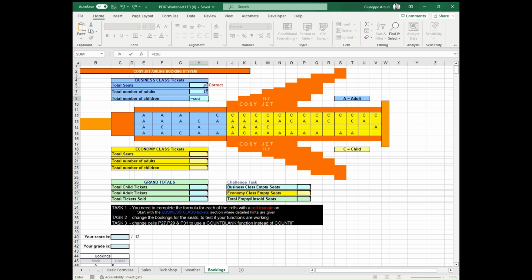Equal COUNTIF, open brackets, we select the area we want to check, so all the blue area, we put comma, as it says on the formula, and after that the criteria. In this case, we want to check if it is C, for children. So quotation mark, C, close quotation mark, close brackets, and we press enter. And we got all the